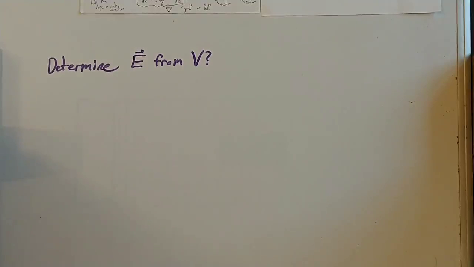In this video, I'd like to talk a little bit more about how we determine electric fields from electric potential. The idea that we introduced in the last video is that the electric field essentially is the slope of the electric potential. But this is a little bit tricky because electric potential is just a value in space. Each spot in space has some value for the amount of potential there, whereas electric field is a vector. And so we were talking about how we get a vector from this scalar, from just this value,